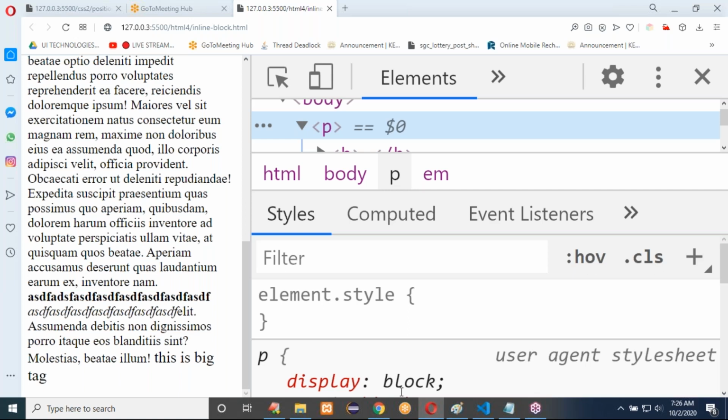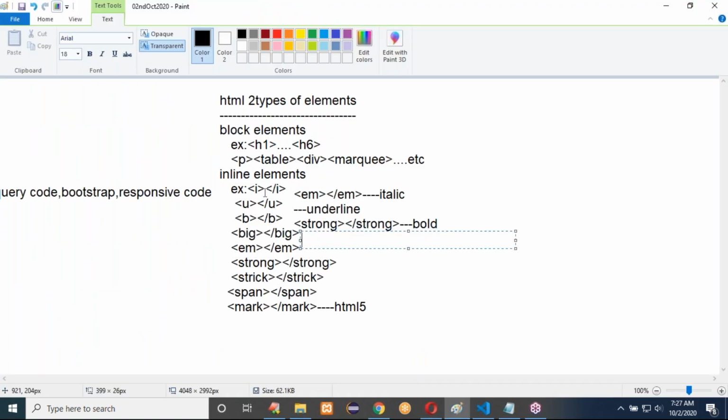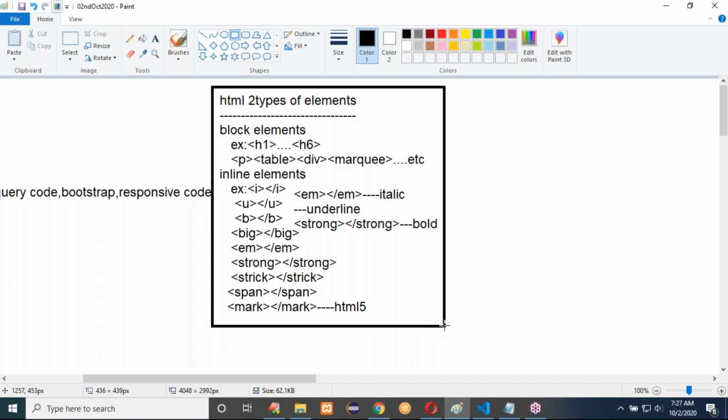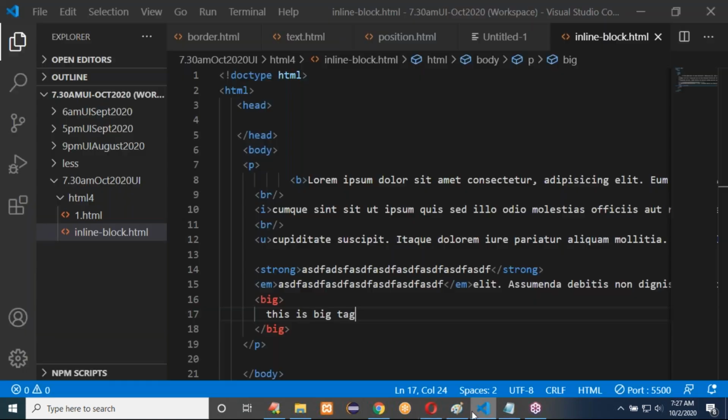Normally paragraph content is display block. If you write an underline tag or strong tag or italic tag or bold tag, it depends on that. See, the B tag is showing font weight bold. So we'll discuss all these CSS properties once we enter CSS, but these are all inline elements. If we use these tags, we can show that type of output to the user. So if I use the EM tag, it will show you italic content. The I tag will also show you italic content. And the strong tag will show you bold content. Strong is nothing but bold. The big tag will show you like this.